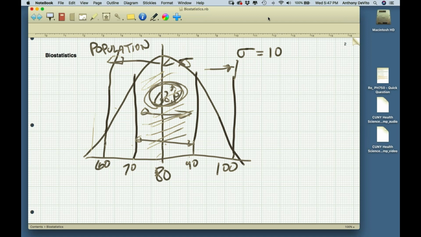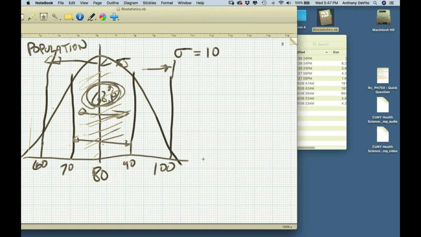And it doesn't matter what the shape of the distribution was. So, for instance, let's say instead I took a smaller population, maybe a population of 12-year-olds in New York City public schools, and measured their blood pressure.